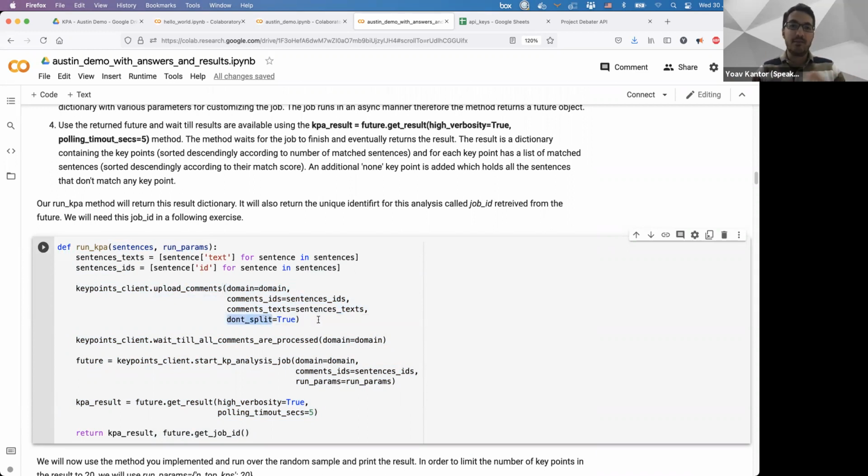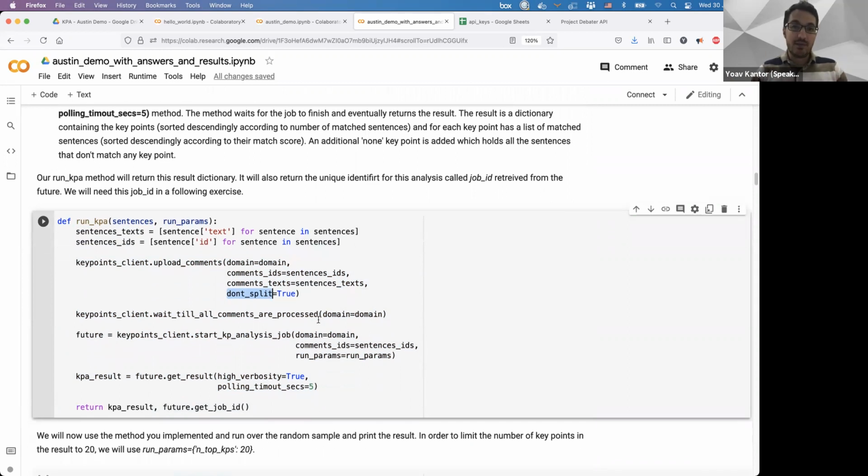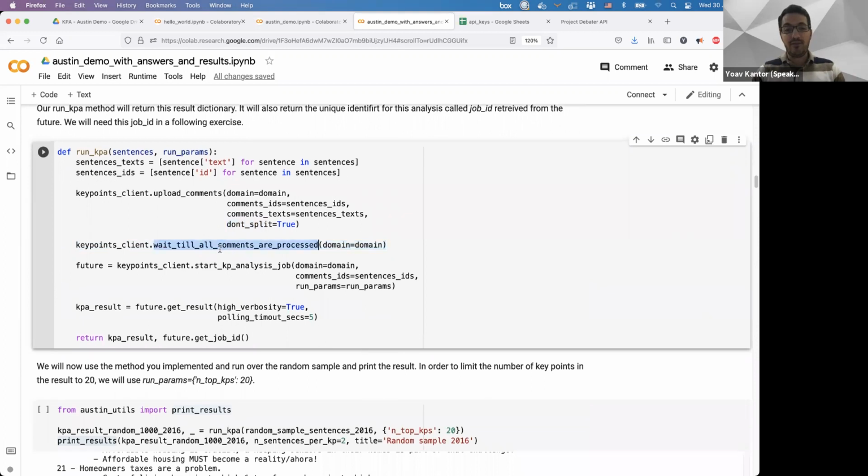Usually it splits them into sentences, but in this case we don't need it, so we disable this feature. When we upload the sentences, the system processes them, which doesn't take long, but takes a little bit of time, and we need to wait for them to be processed. When all the sentences in the domain are processed, we can start the key point analysis operation on them.